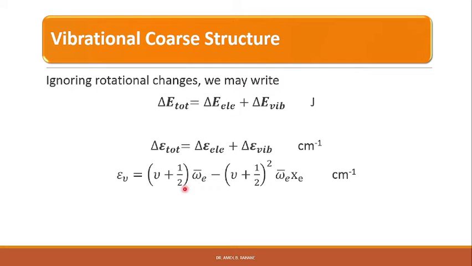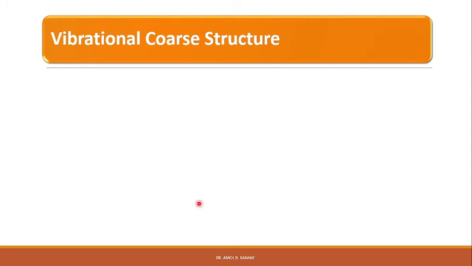So in the case of harmonic oscillator, we have seen omega bar oscillation frequency, right? Where nu is the vibrational quantum number, and it takes values from 0, 1, 2, 3 up to infinity, right? So the energy levels of this equation we can plot, right? So let us plot the energy levels, right?